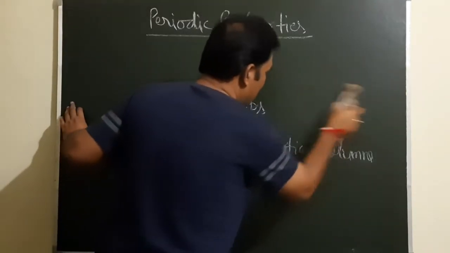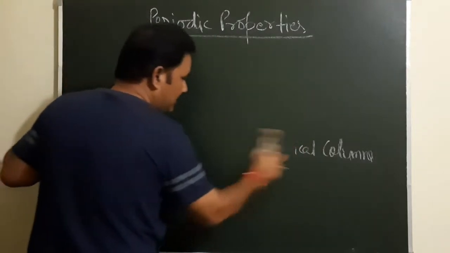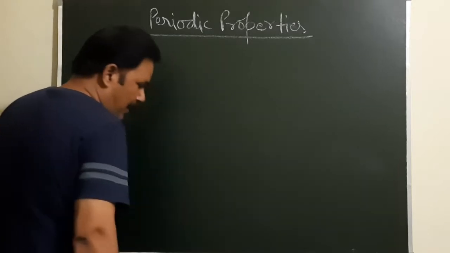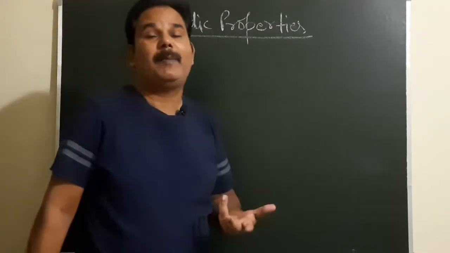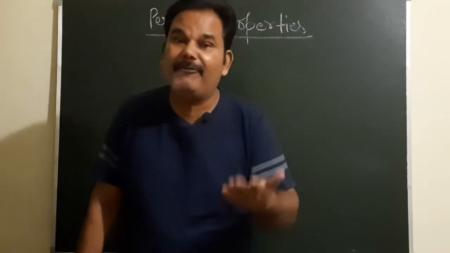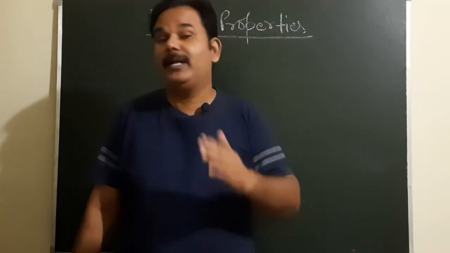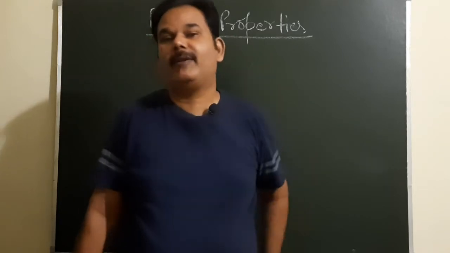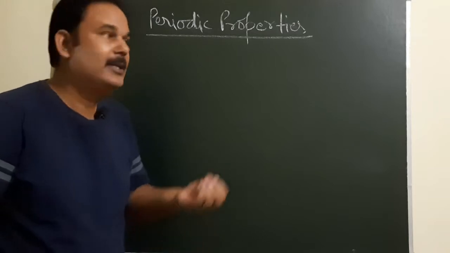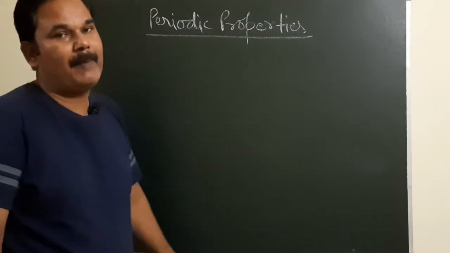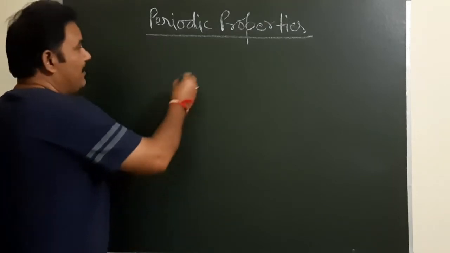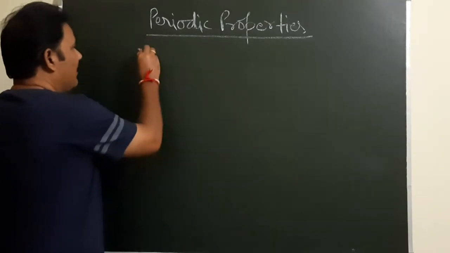After that we should know what the periodic property is. Periodic properties are the properties of the elements which repeat after a fixed interval. After the fixed interval means either in the groups or in the periods, so then they are said to be the periodic properties. The main periodic properties are: